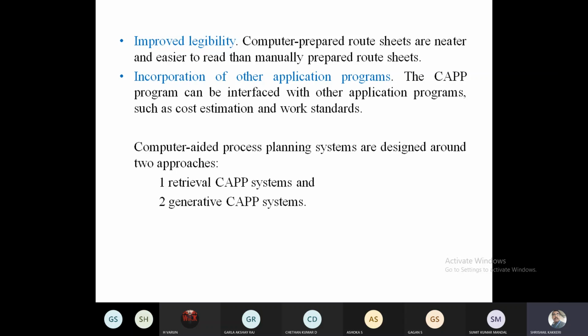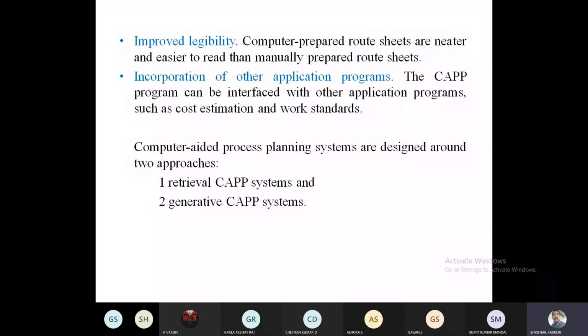In computer aided process planning, there are two systems. One is retrieval and another is generative CAPP. Before I get into this, retrieval means whatever data is available in our system will be retrieved, modified, and taken into a process plan.